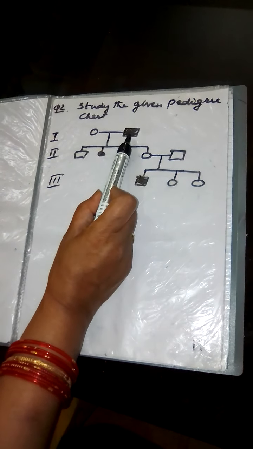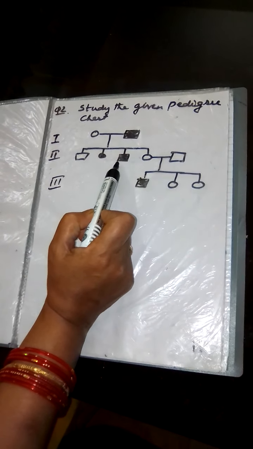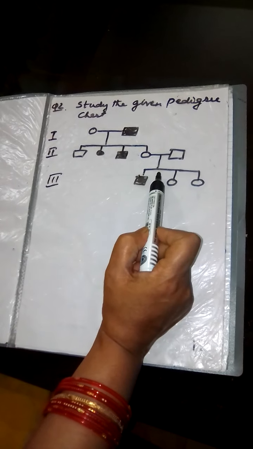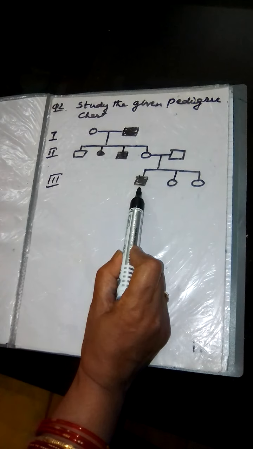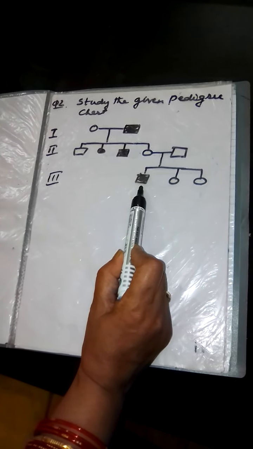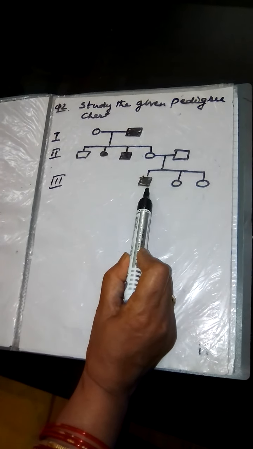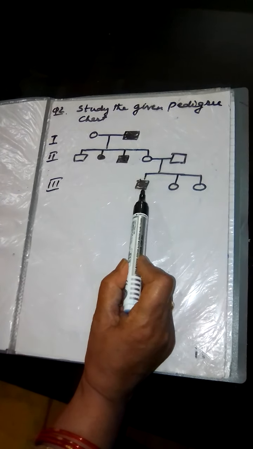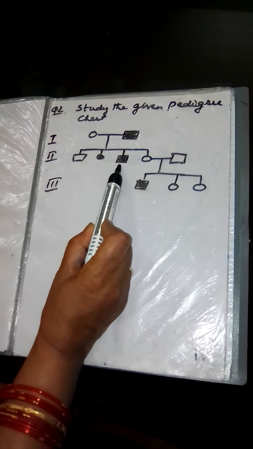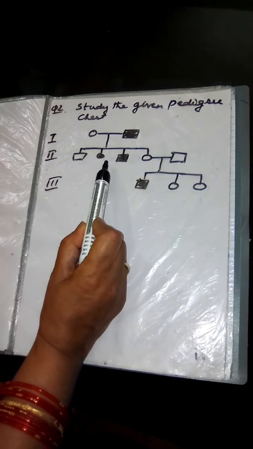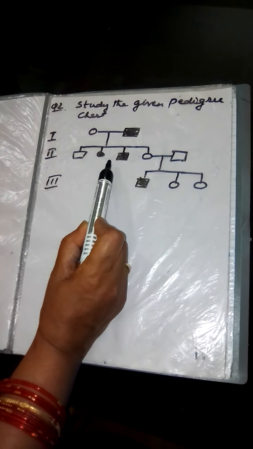Yes, it is recessive. You might say that here in this generation it is present, here also it is, so dominant. But if you observe this pedigree, it is not present in this generation, but it appears in the next generation. It means the disease is not present in all generations, hence it is recessive. The next question is, is the trait sex linked or autosomal? See, it is affecting both male and female equally, hence it is autosomal, not sex linked.